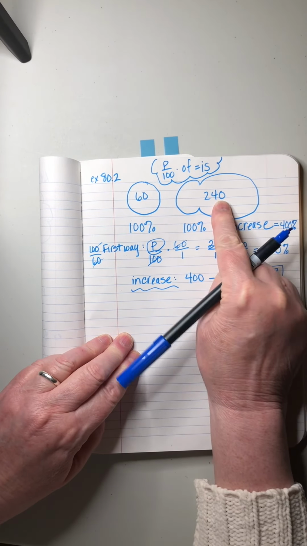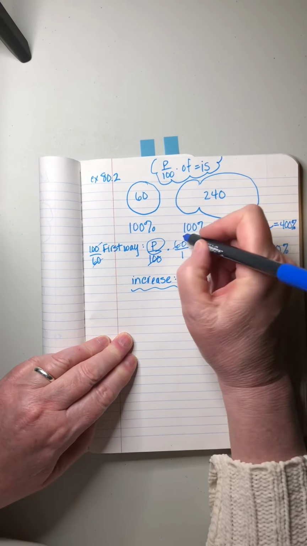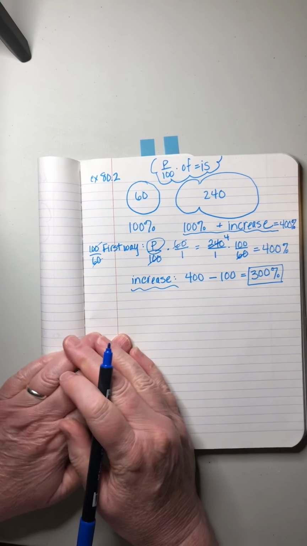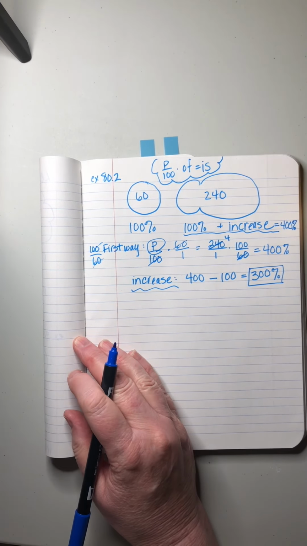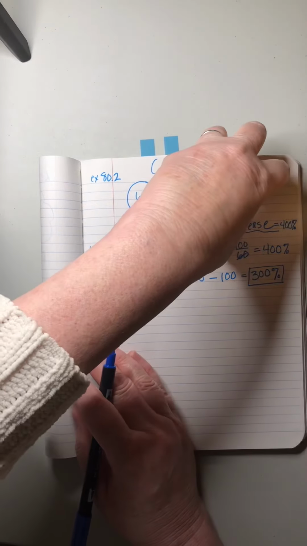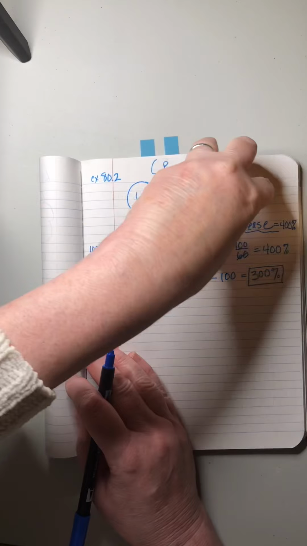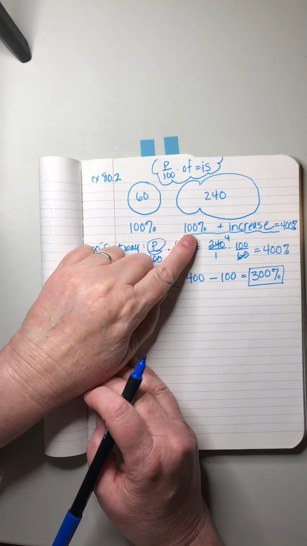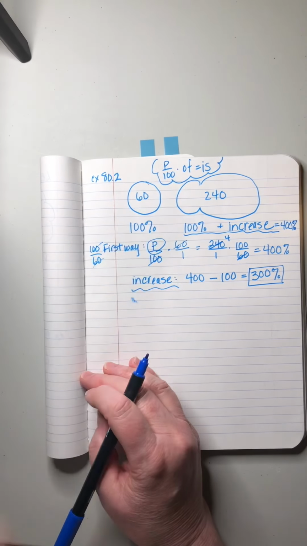Not the ending percentage, but the increase. All right? That is the easiest way for most students to understand: multiply the percentage of the whole thing, and then subtract out the 100% because that represents what we already had,